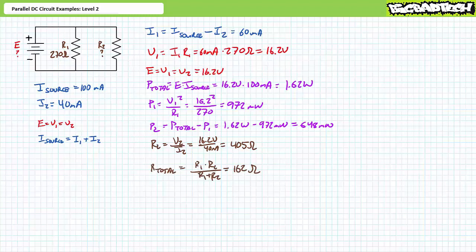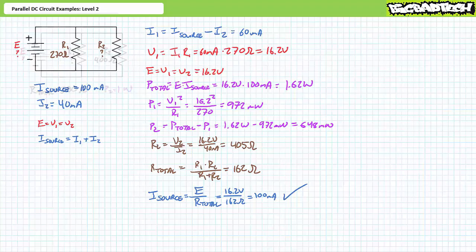As a means of checking our work, the total resistance of R1 and R2 in parallel is 162 ohms. Solving for source current, where source current is equal to supply voltage divided by total resistance, does indeed yield 100 milliamperes. I've got a reasonable degree of confidence these answers are correct, and we can move on to the next